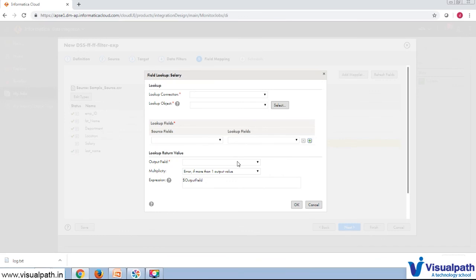And the multiplicity means if you want to throw an error if you get more than one result, or if you want to select only the first record or randomly pick one, something like that, you can define the properties whatever you want here.